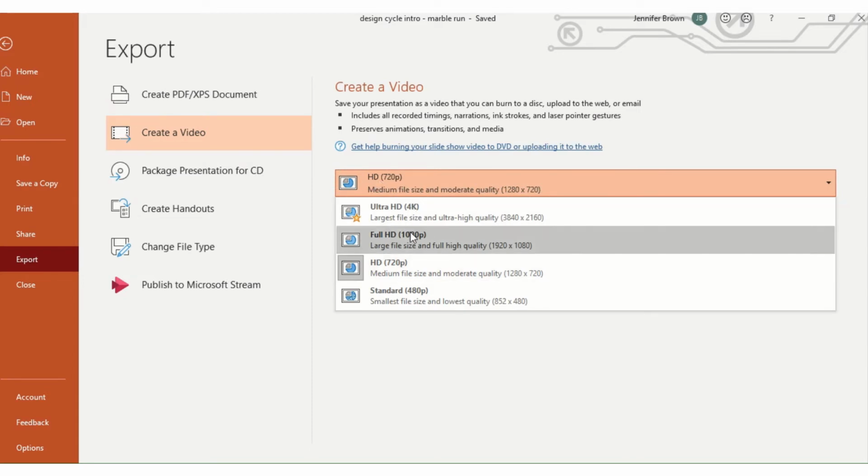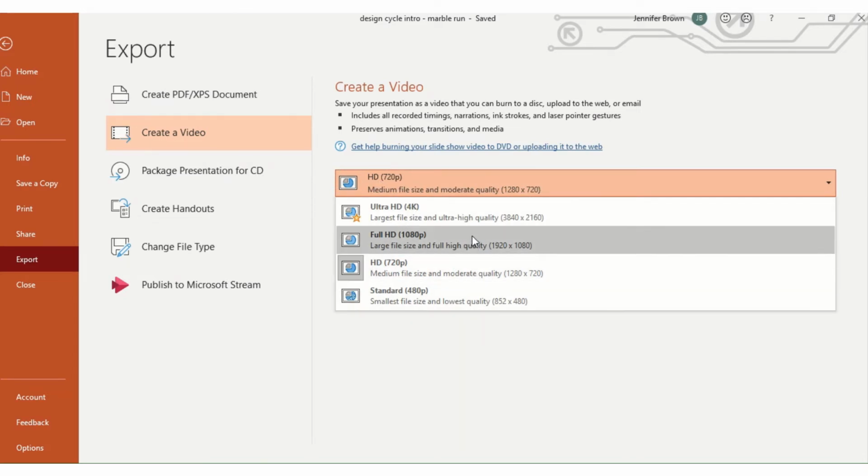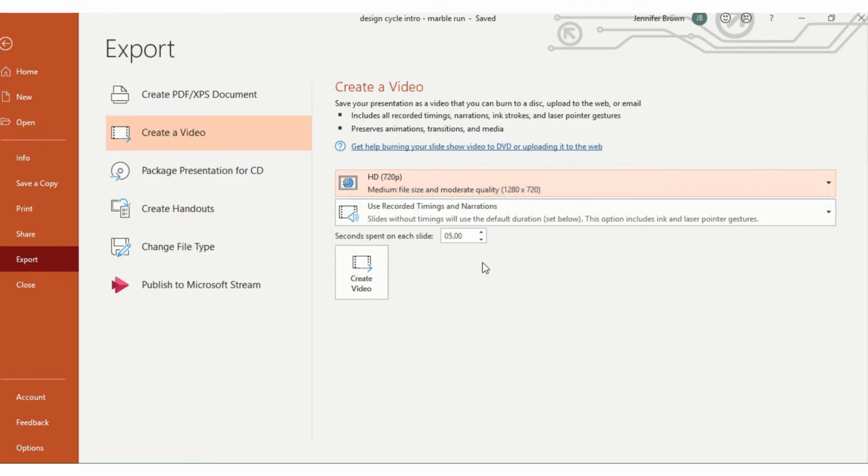And I usually like to choose the HD version, but you can choose any of the versions of the file that you want. I want to keep use recorded timings and narrations because I just worked on all of these timings and narrations, so I want to make sure it stays on there. This is telling me that any slide that I did not have a timing or narration on will be there for 5 seconds. And I can make that longer or shorter depending on what I know those slides have on it. And then I click Create